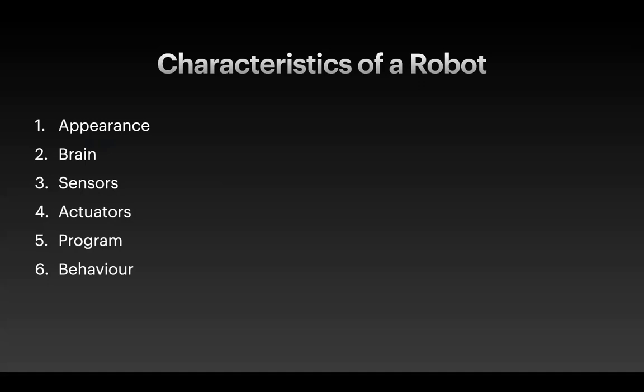And then the brain of the robot, right? So what type of brain, or what is the brain of the robot? The robot has an appearance, like all of the animals and all of the humans in the world have an appearance, and then we have a brain as well. Likewise, even a robot has a brain. That is where the robot saves its instructions. So robot has appearance, and robot has a brain, and then robot has sensors.